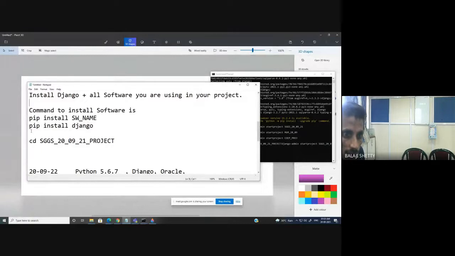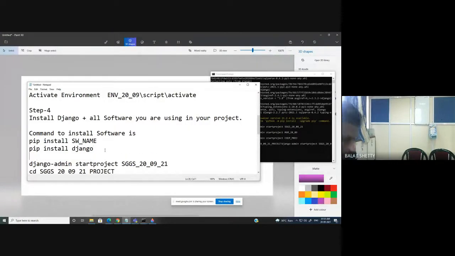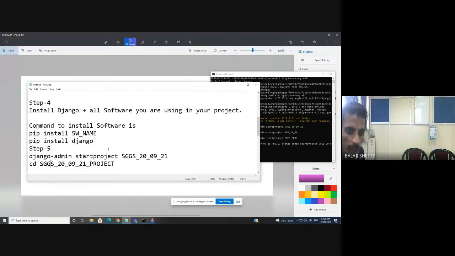So first, after installing Django, create the project. What is my next step? Step 4 is install Django. I already installed Django. And my next step is create project, step 5. I have created the project and changed the directory.